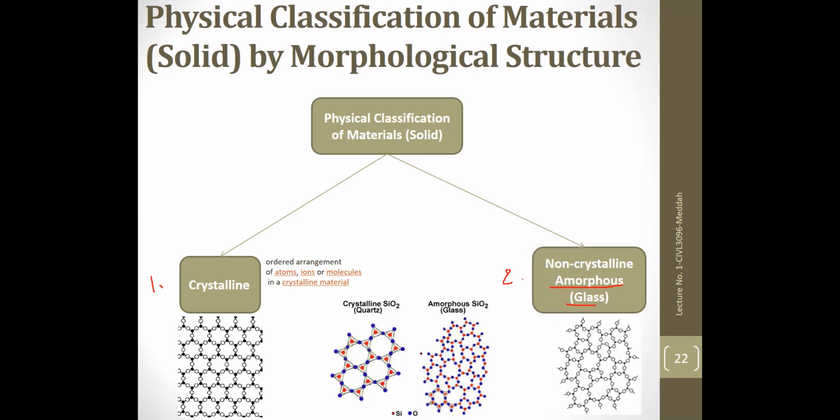We have of course many examples of crystalline and non-crystalline materials, but just to give you one example that we already mentioned early, sand or quartz, silicon dioxide, which is mostly used for making glass. So this material could be in both states, both structures. It could be a crystalline structure, or it could have an amorphous structure.